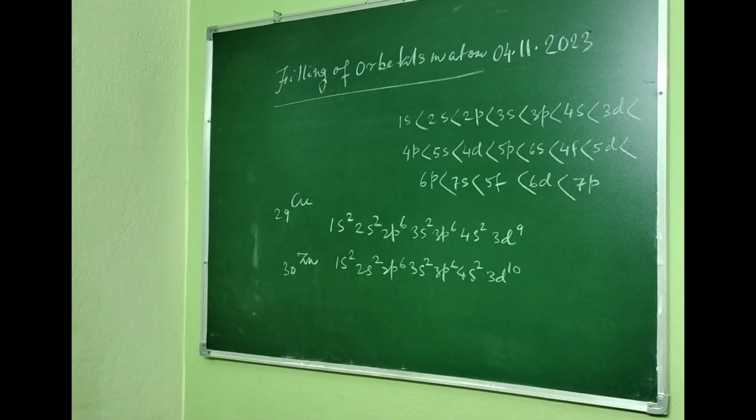The distribution of electrons into orbitals of an atom is called its electronic configuration. If one keeps in mind the basic rules which govern the filling of different atomic orbitals, the electronic configurations of different atoms can be written very easily. The electronic configuration of different atoms can be represented in 2 ways. One is the spdf notation, and number 2 is the orbital diagram. So it will look like this: